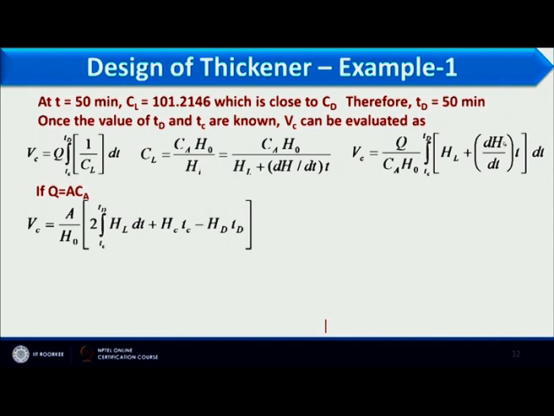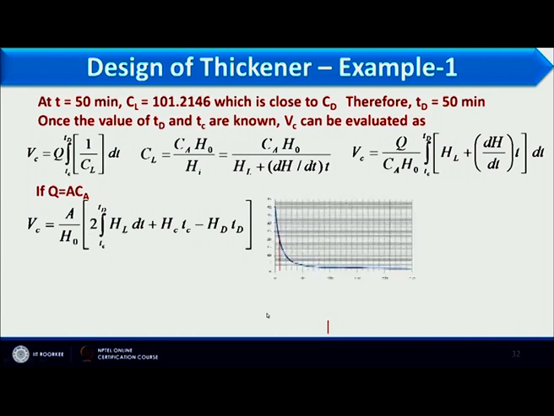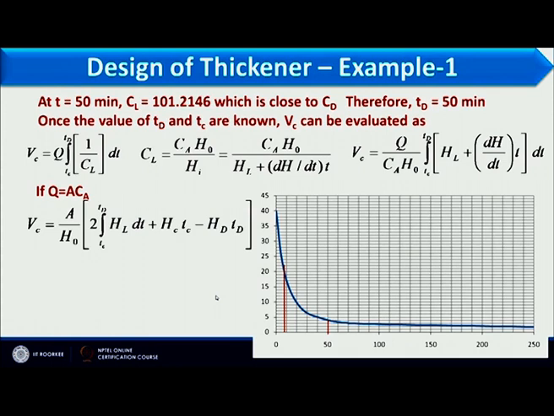So here you see this expression we can write in this way. So this is the final expression for volume of the compression zone. Now this dH by dt, that we have replaced with HC TC minus HD TD, because whole we have to integrate with the TC to TD. So this final expression we can find. To calculate this we have to see the value of this, and for this we have to draw H and T graph, which is found through batch sedimentation test.